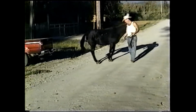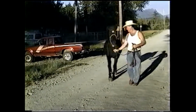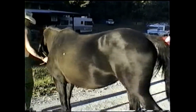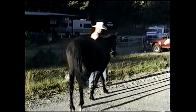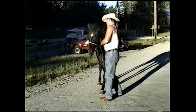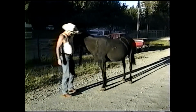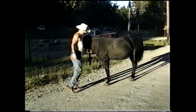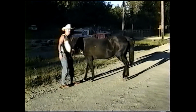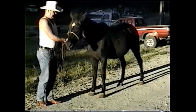And then we bring him back straight for the camera. Come on. Okay, he's doing pretty good actually. He wants that grass. A horse that will cross over like this, he goes front, behind, looks like he's doing pretty good. Now,